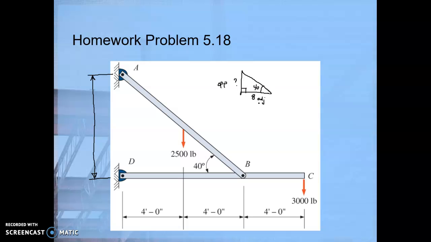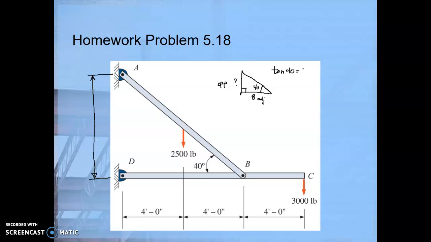So we want to know opposite, and we do know adjacent. TOA, tangent. So we're going to use tangent to find it. Tangent of 40 degrees equals the unknown opposite side